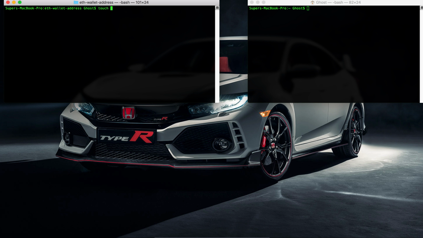Next, we're going to add our files. Lastly, in our Ethereum controller,